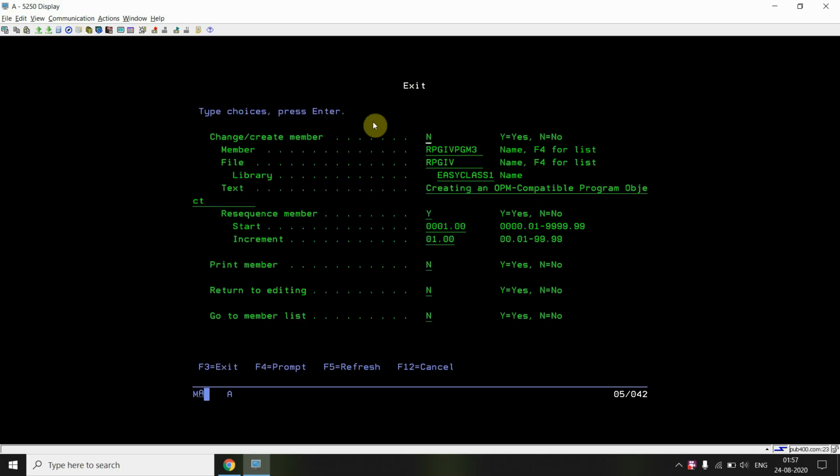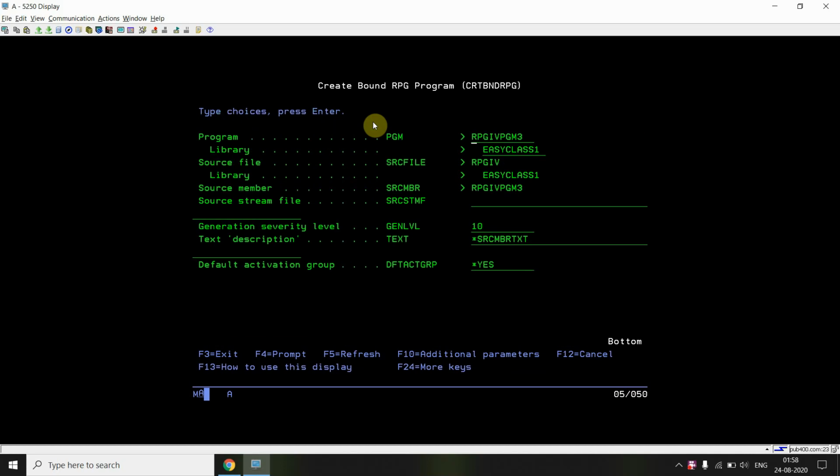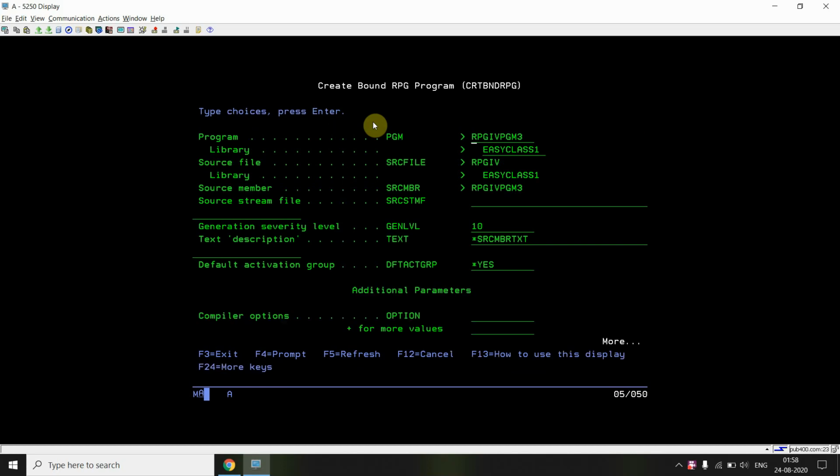So this is a simple RPG4 program, because the type is RPGLE here, and now we will be creating the object of this using option 14, that is a one-step process, or using the command create bind RPG. Let's see, just take option F10.